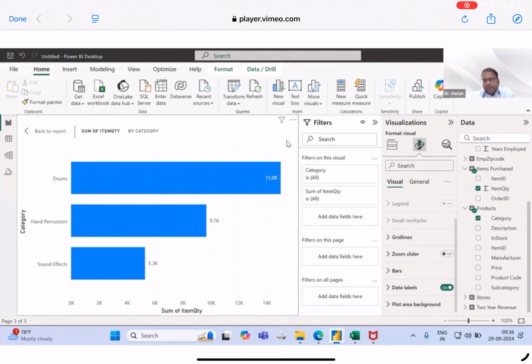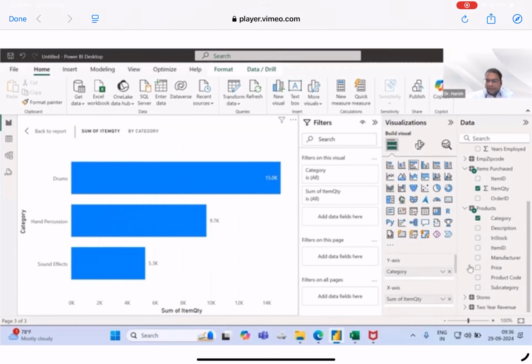Right. Now, what we are able to understand from this chart is that there are 3 categories of musical instruments that the company is selling. Now, my question here is, in each category, how many subcategories? Let's say drums. How many types of drums is the company selling, right? Now, can I use the other one here? If you see the product table again, there is another option, subcategory. If I drag this one into visualization, if I use subcategory here, see,